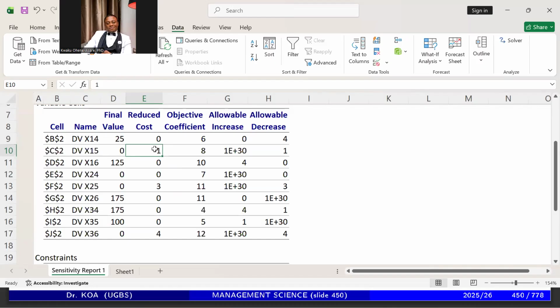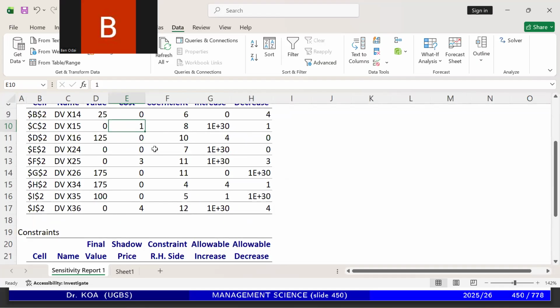Now, what does a reduced cost of 1 for Kansas City to St. Louis mean? 1.5, x 1.5. What does that mean? You can ask that question, okay? Then the next question I could have asked is,